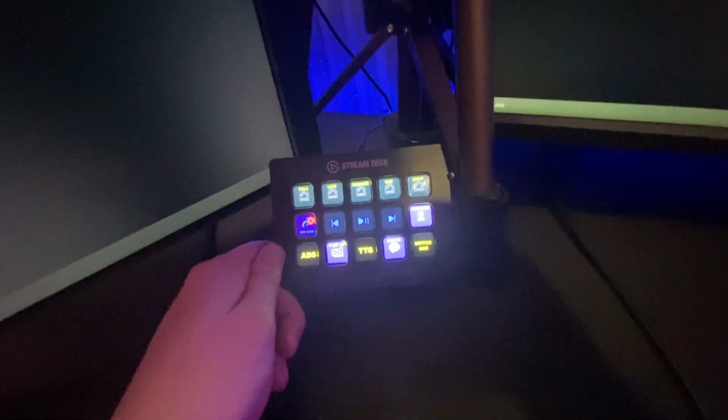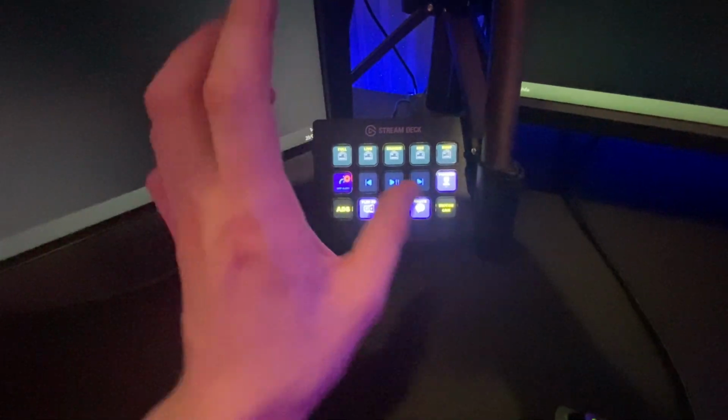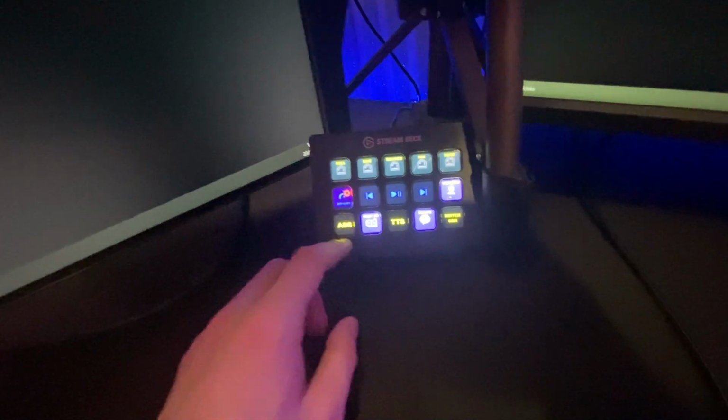Oh, let me take a little seat here. We've also got the Stream Deck. This is one of the most useful things ever. Yes, they are pricey, but seriously, if you're a streamer and you're looking to make a good investment, this is so useful. I'm able to go through all of my scenes just at the press of a button, stop, skip, and go back on a song, see my viewers, skip my alerts, play ads,